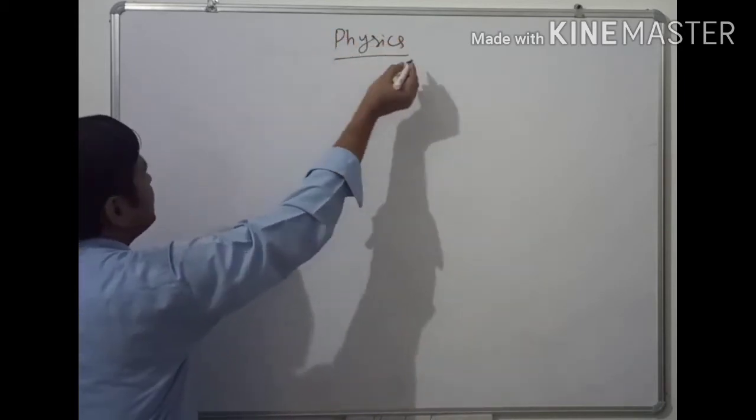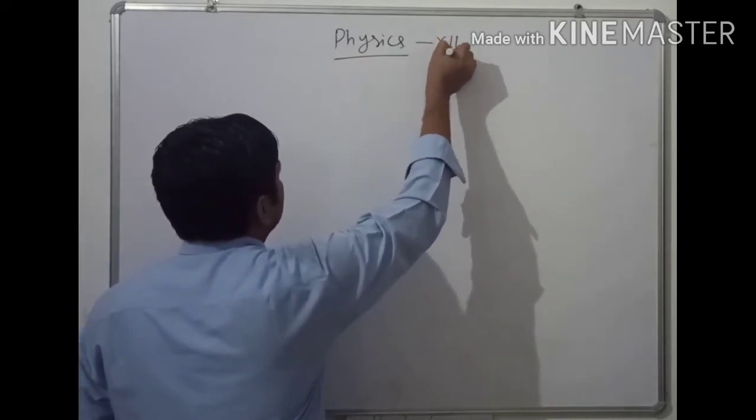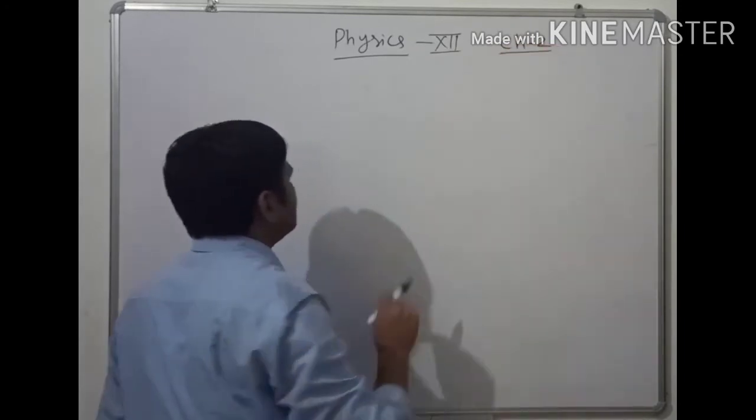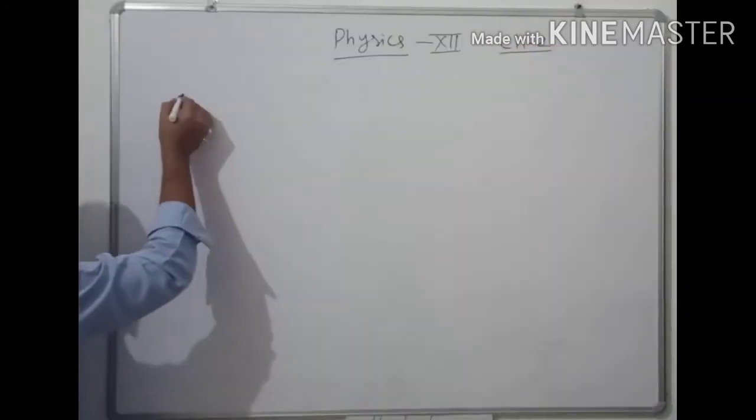फिजिक्स कौन सी क्लास की चल रही है? क्लास 12th, चैप्टर नंबर 2। अपन स्टार्ट कर रहे हैं इन टर्म्स ऑफ द इलेक्ट्रिक फ्लक्स।